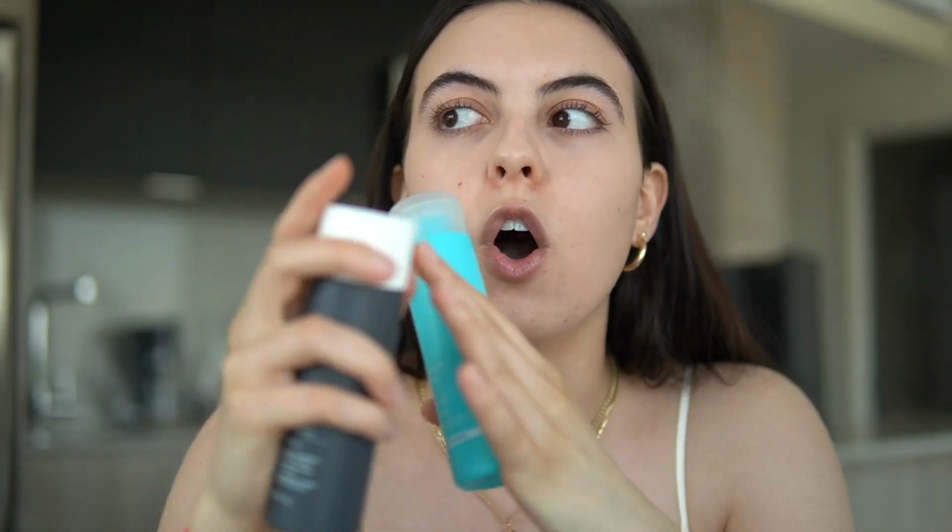This is a good sort of all around one, but this one really focuses on the redness, and that's what I think really sold me. It says clears breakouts, unclogs pores, and visibly reduces the redness, and I feel like as a whole, the redness has been reduced on my face. If I have any areas that are just feeling a little bit irritated or inflamed, it deals with it, and definitely on those